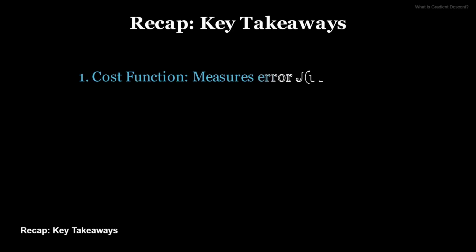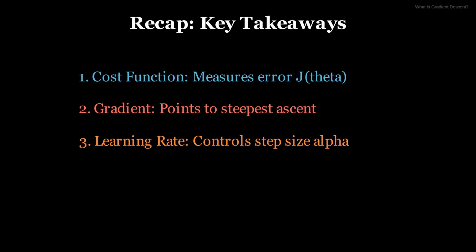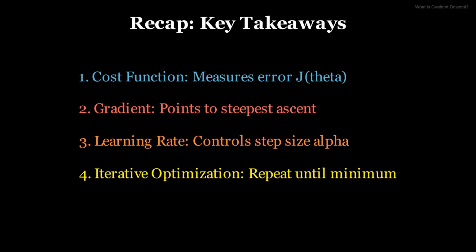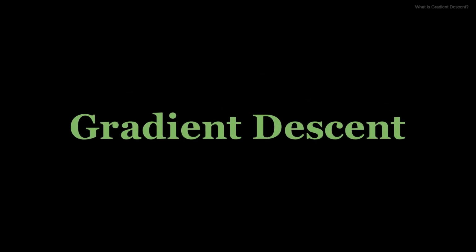In summary, gradient descent is a powerful optimization algorithm used to find the minimum of a function. It works by iteratively adjusting model parameters. We use a cost function to quantify error, the gradient to find the steepest path downhill, and a learning rate to control the size of our steps. By continually moving towards the minimum, gradient descent enables machine learning models to effectively learn from data,